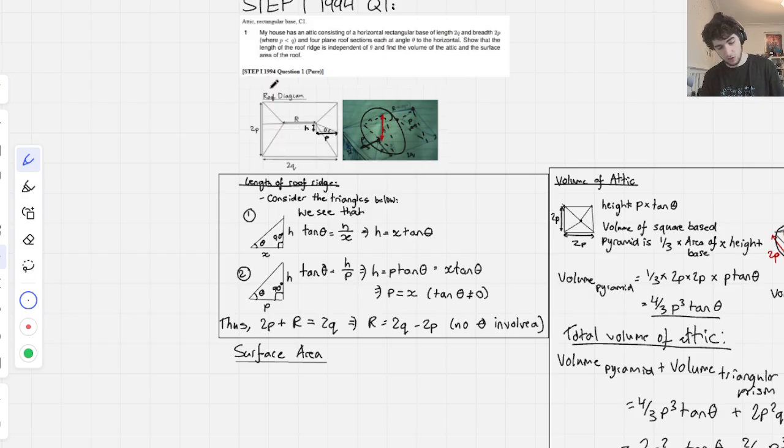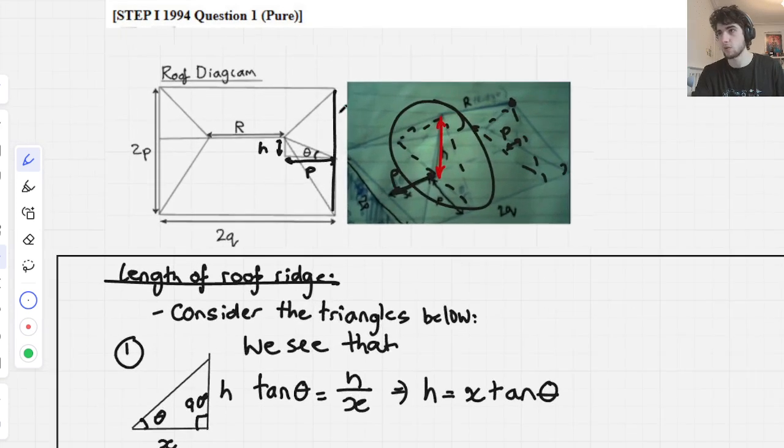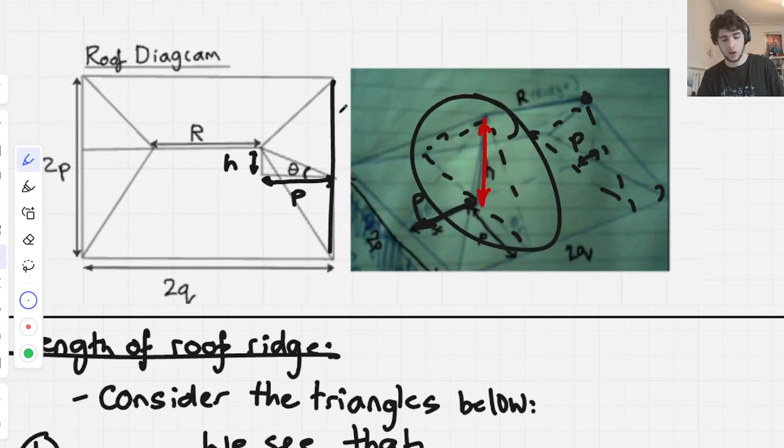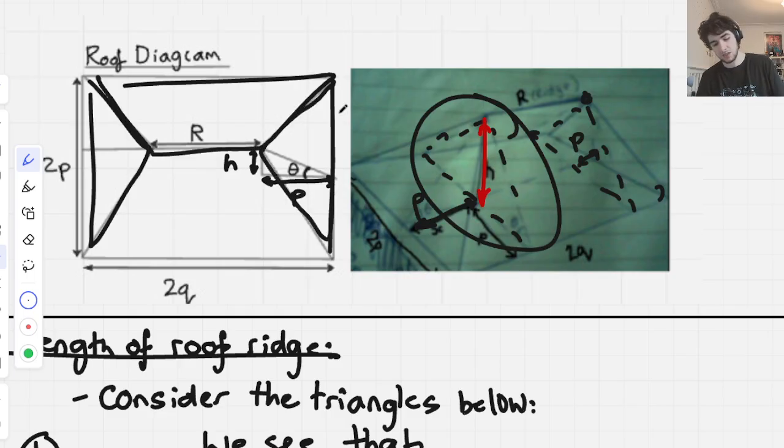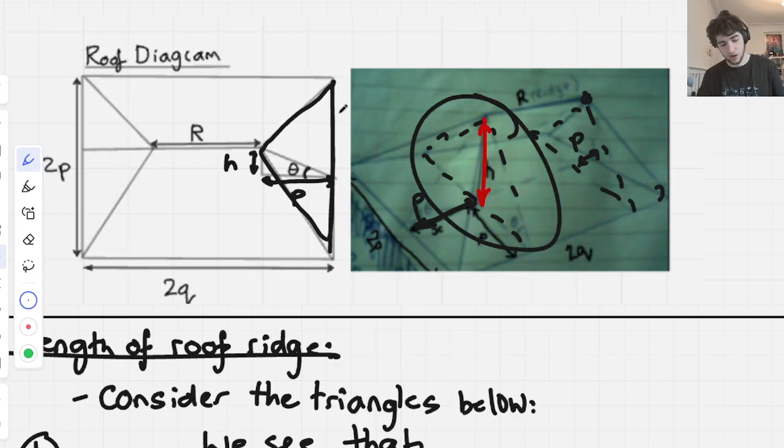But what we want to do, right, if we have these triangles, then the height of these triangles is given by the hypotenuse of this triangle that we are looking at the moment, right? So if we want to find the area of the triangles on the end, because we're trying to find the surface area, and to do that we need to add together the area of these two triangles and the area of these two trapeziums. If we want to find the area of the two triangles on the end, we need to know the height. Because we already know the base length of those triangles is just 2p, but what's the height? Well, this can easily be found, so we consider